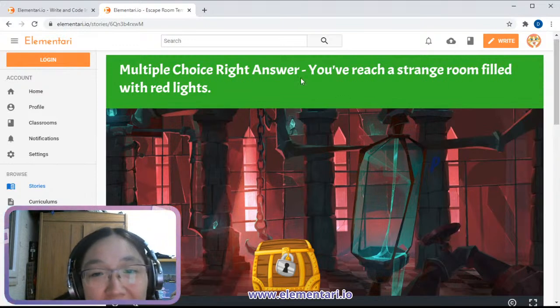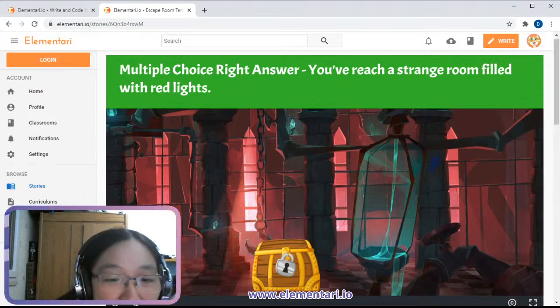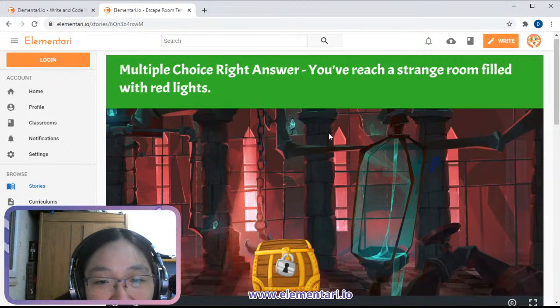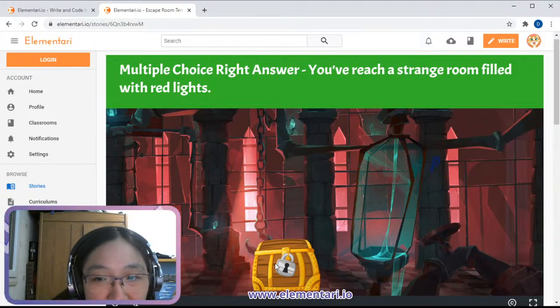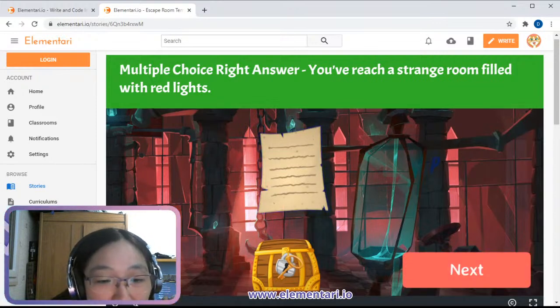So here I reach a strange room and I can't navigate. So I locked the navigation. What do you think I can do? Okay, you're a smart boy. Yes, so take the key, you can drag the key around, drag it over the chest, and then something happens. In my case, it glows, and then there is an audio clue.